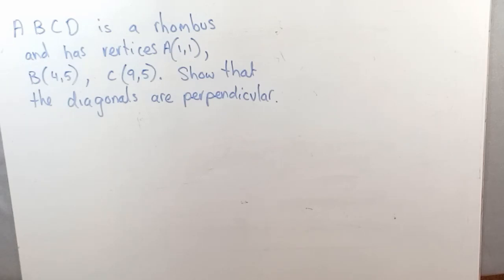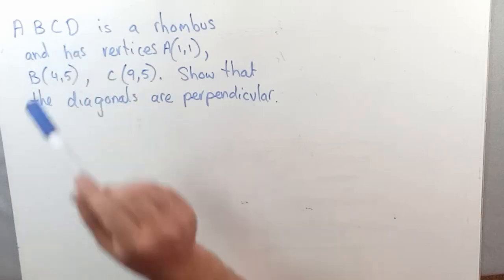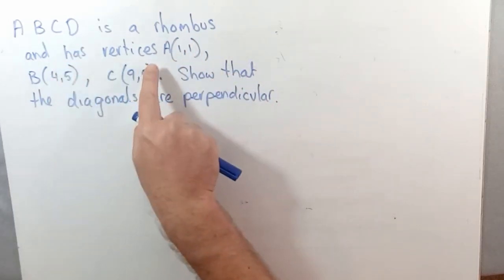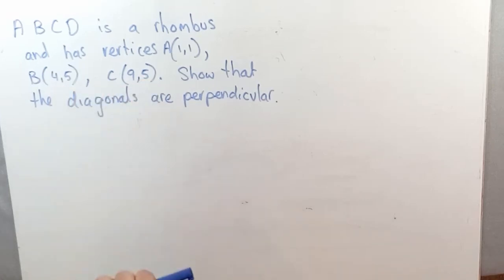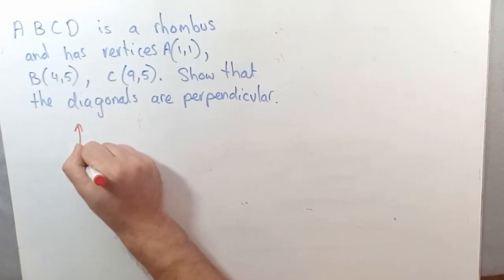All right, so we've got an application here. Now, ABCD is a rhombus that has vertices at 1, 1, 4, 5, 9, 5. Show that the diagonals are perpendicular. So what does this mean? Let's work it out. Let's draw the